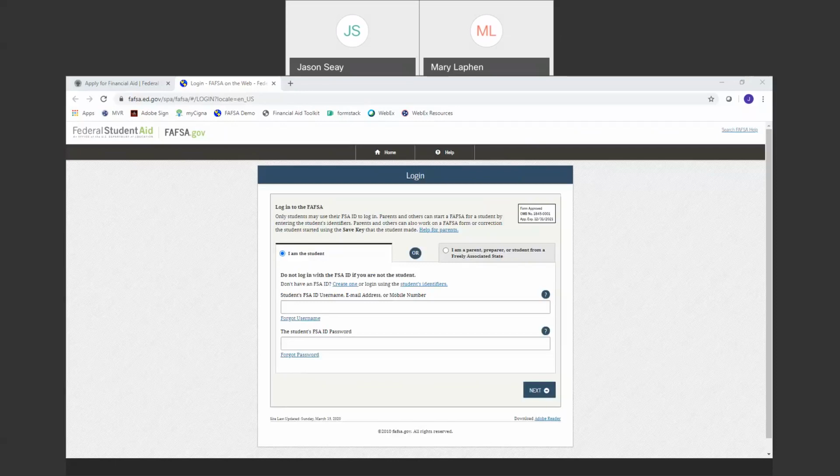FAFSA's guidance, which you can see on FAFSA's site, is that if something has happened to you, whether it's COVID-19 related or personal, like a divorce, if your situation has changed and you've already submitted your FAFSA, don't worry about going back and correcting it. Not yet. Go talk to that college and its financial aid office about your situation,